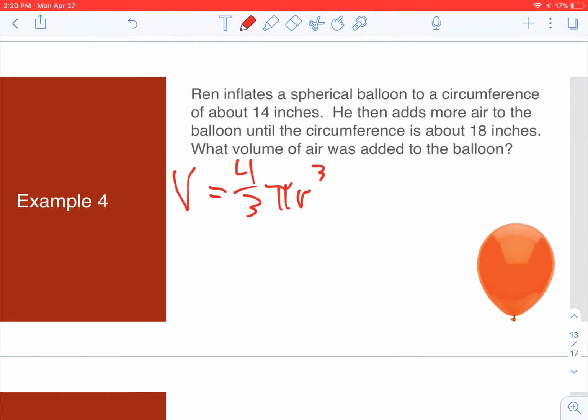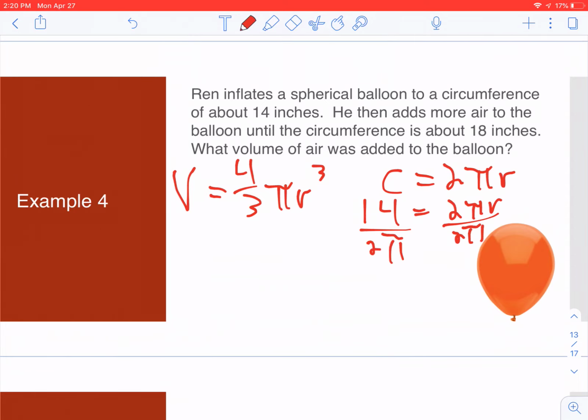Okay, what they're giving us here is the circumference. Circumference equals 2 pi r. So if I plug in 14 for C, I divide both sides by 2 pi,